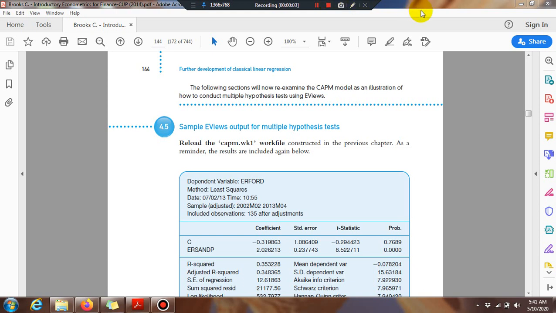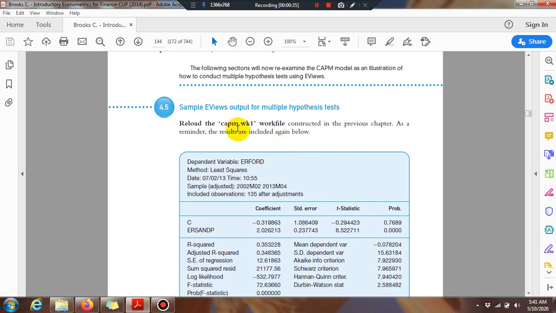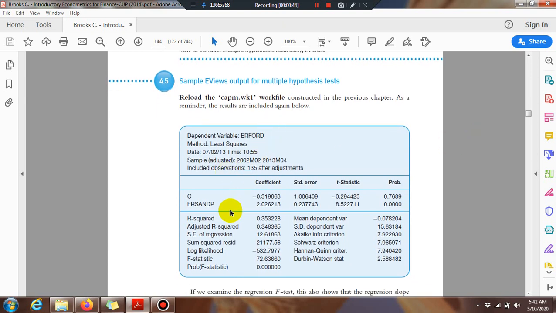Amjad Ali. In this video we are going to practically conduct the EViews example of chapter 4. The book we are following is Chris Brooks' Introductory Econometrics for Finance, and the first example of chapter 4 is given on page number 144. Actually, this example is the continuation of the previous chapter's example, as we have gone through previously, the CAPM work file. So here we have to reload the work file of CAPM again, and we have a dependent variable